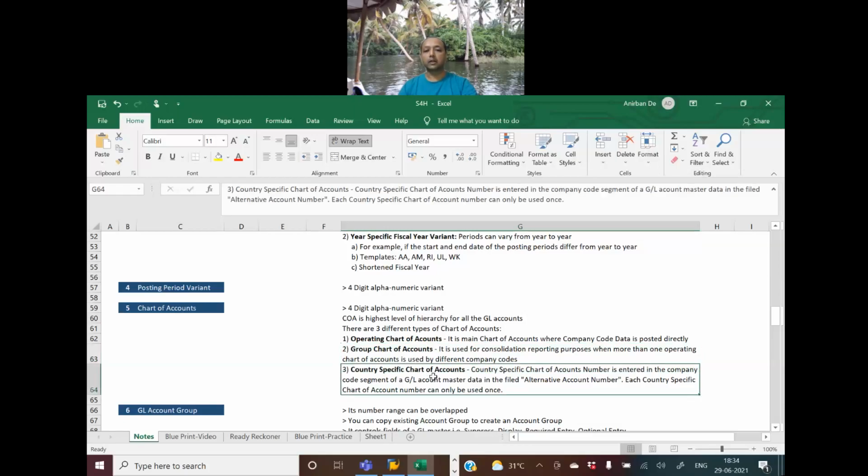And we might also have a country specific chart of accounts, and usually we shall mention it in the alternate account number field while configuring the GL masters, right? So with this update about the chart of accounts, let's quickly go to SAP, log into SAP, and start configuring our chart of accounts. So this is the blueprint,